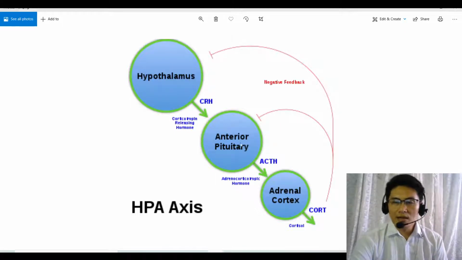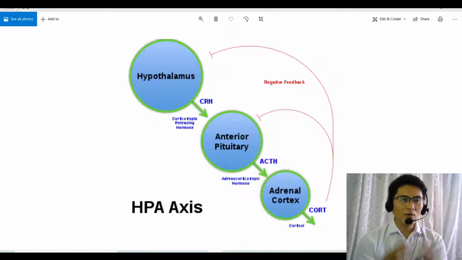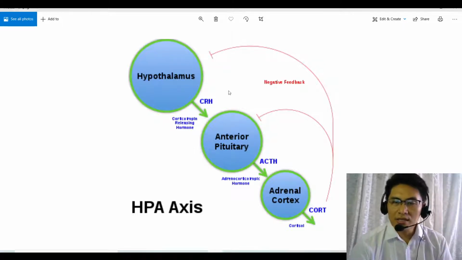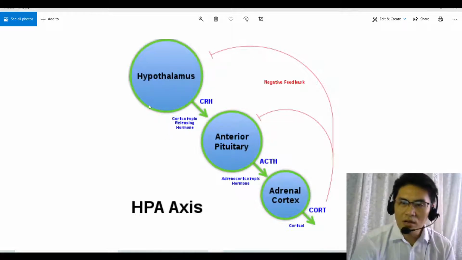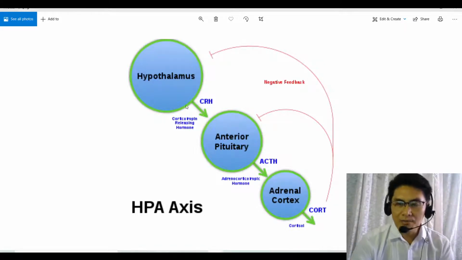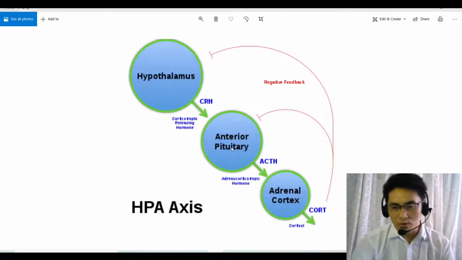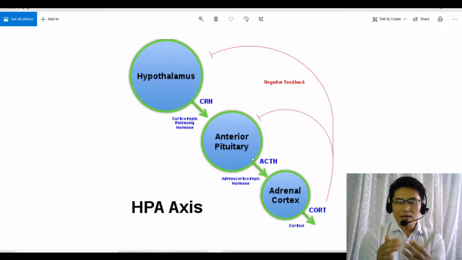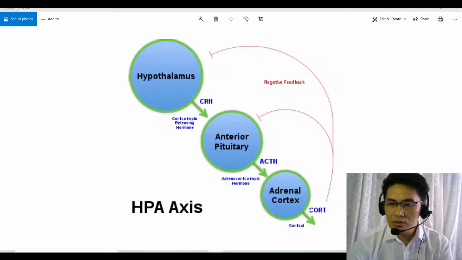And then in turn, the pituitary gland controls the adrenal cortex of the adrenal glands so that it can produce the hormones that are necessary. So how does it work? Well, it works like this. The hypothalamus creates a hormone called the corticotropin releasing hormone, and that hormone provides a positive feedback that triggers the pituitary gland to produce another hormone called ACTH, or the adrenocorticotropic hormone. And that ACTH in turn is a positive feedback for the adrenal cortex in the adrenal glands to produce cortisol,